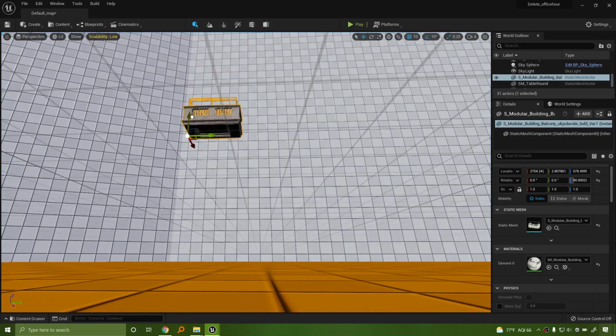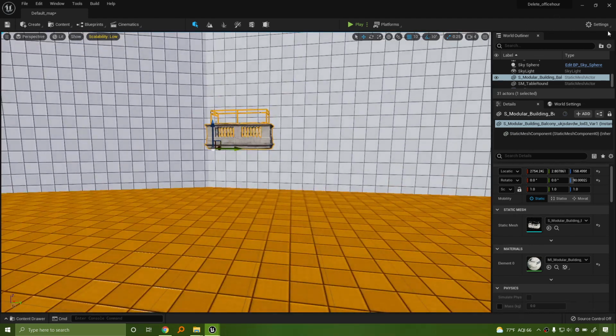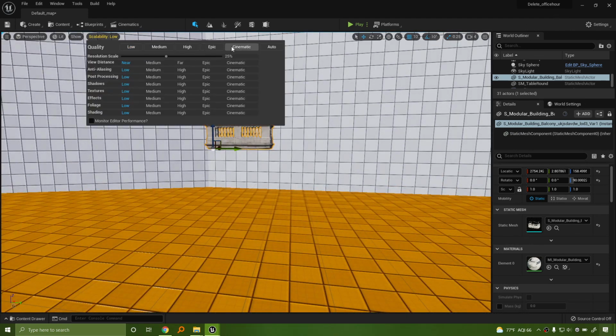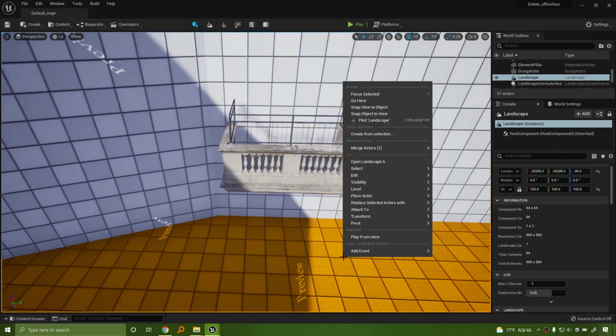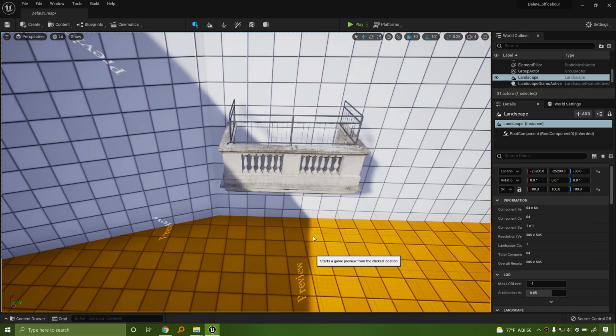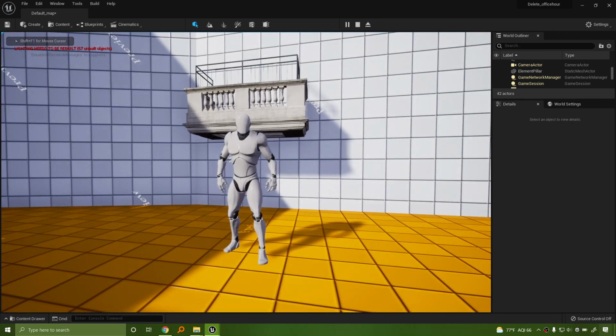Sorry about that, guys. I'll move it down so that the player can actually see it. And I'll turn on epic scalability here. I'm doing a lot of right-click play from here. If you right-click a portion of the ground and then play from here, you literally play from here even though you have a player start. Check that out.